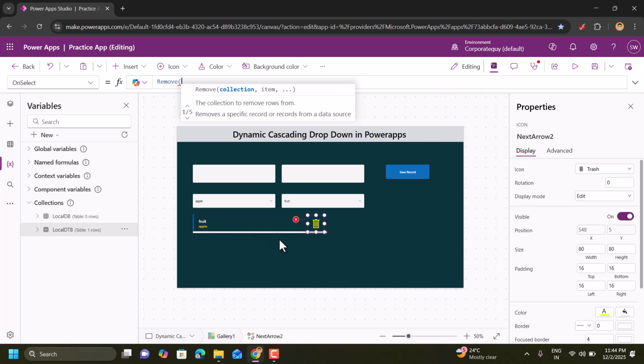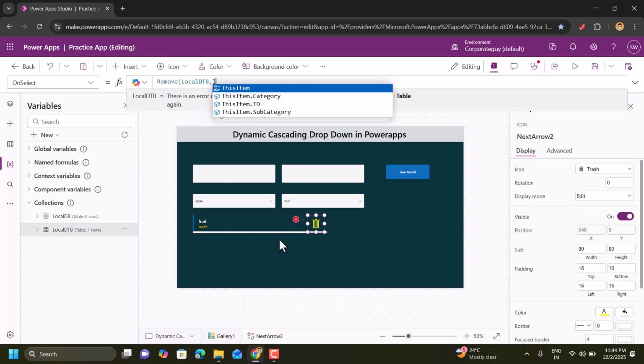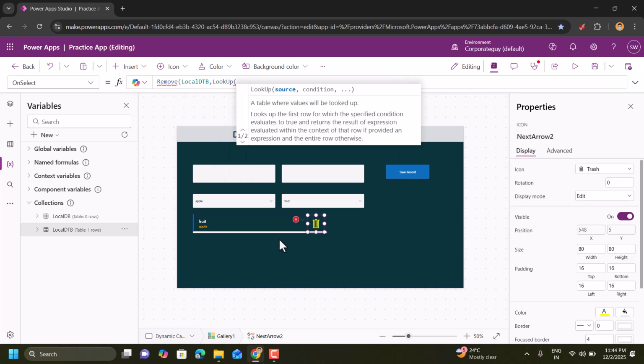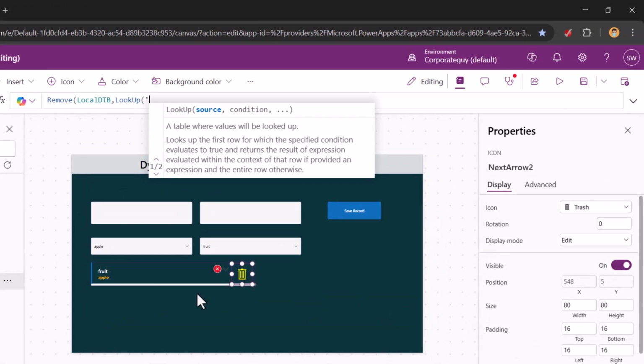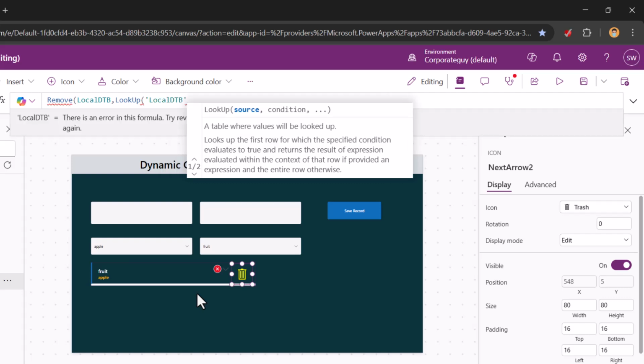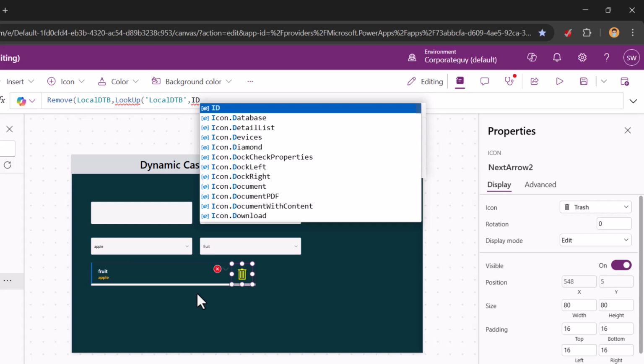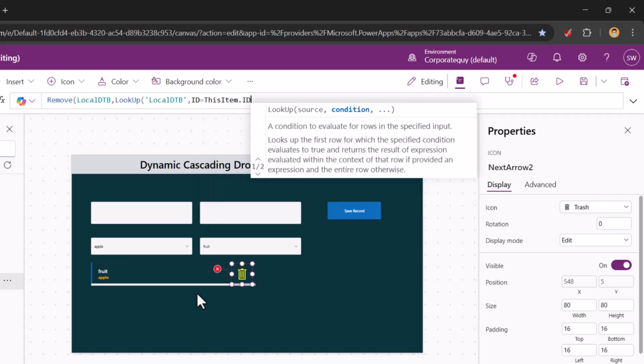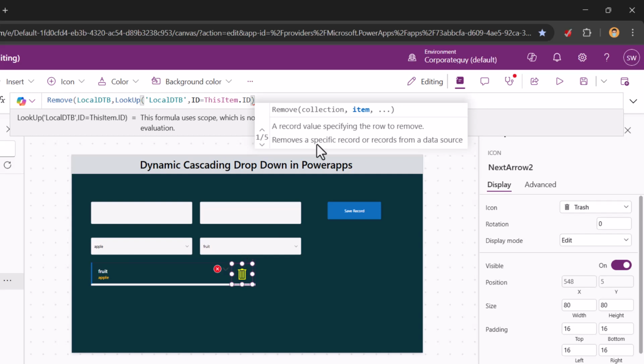So remove, what you want to remove is local DTB. And how do we remove it? Because there are two ways by which you can remove it. One is simply use a remove function and give a reference on the local database and the selected item, but that will only remove values from the gallery, but not from the collection. So we'll use this lookup function to remove it, delete it from the local database, from the collection local database. And how do we remove it and how do we reference it? We use it id is equal to this item dot id, and we close the parentheses,